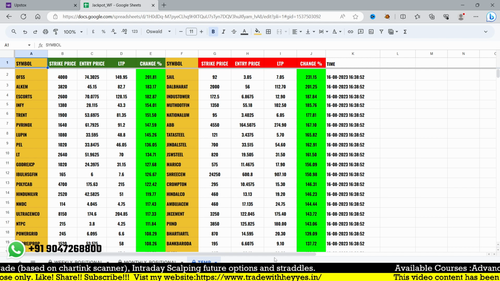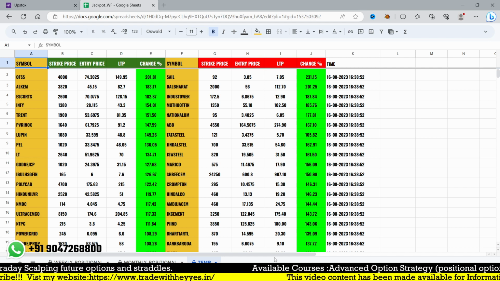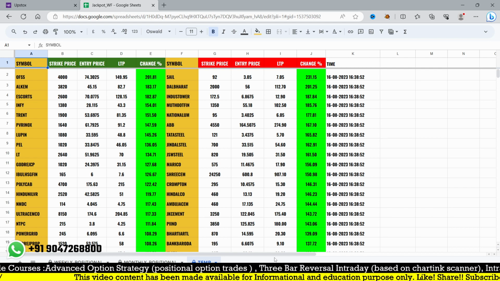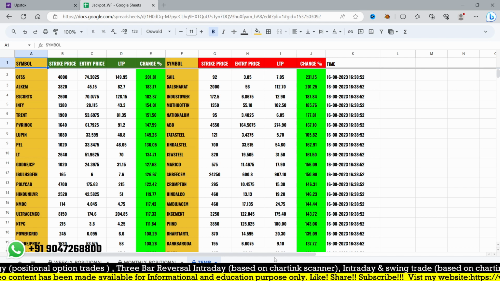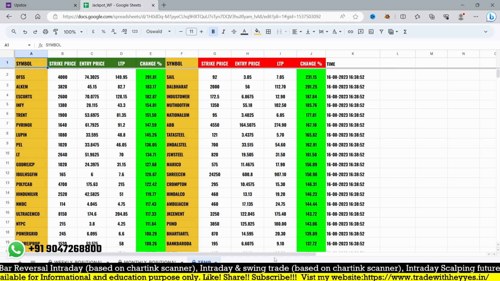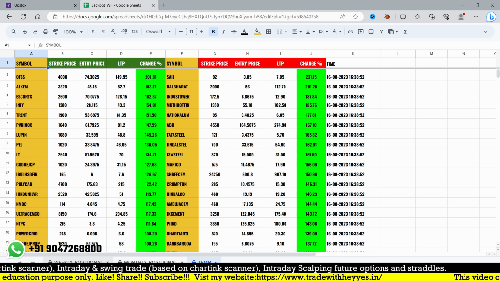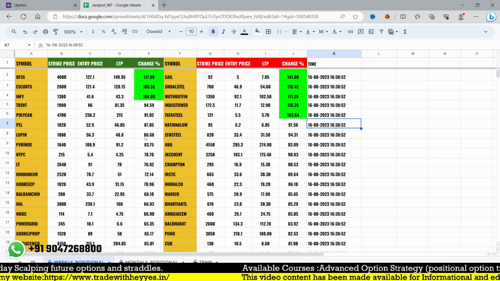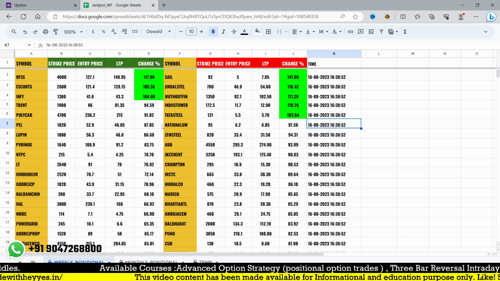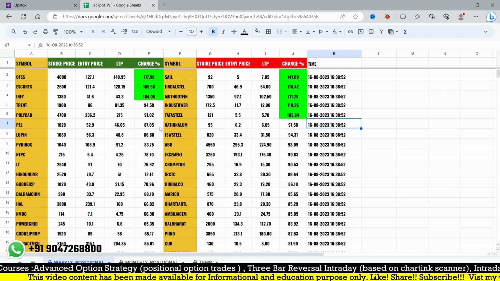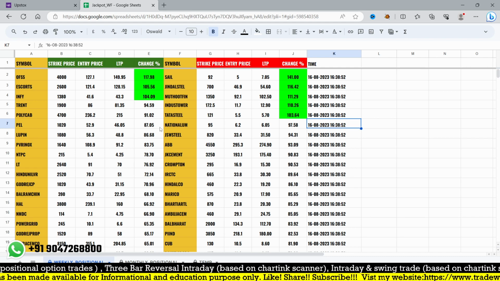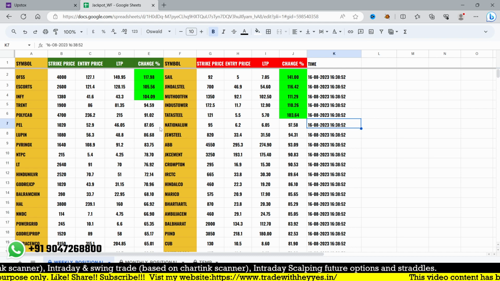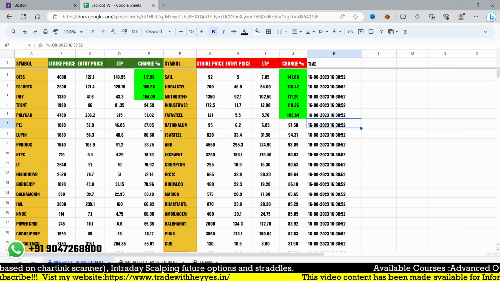But you need to track that option. If you get any good opportunity based on your logic which you are applying for the stock, you can apply any chart indicators on the top list, and that may be a good opportunity you can find. But as you know about our strategy, you can simply use it only for the fresh breakout and entry, intraday or even positional. But I'm suggesting, and I'm looking for, positional only. Intraday you can try, and for the stop loss, whatever risk you take and whatever reward you take, the same risk you can manage with that. If you are following that, you are going to get some good